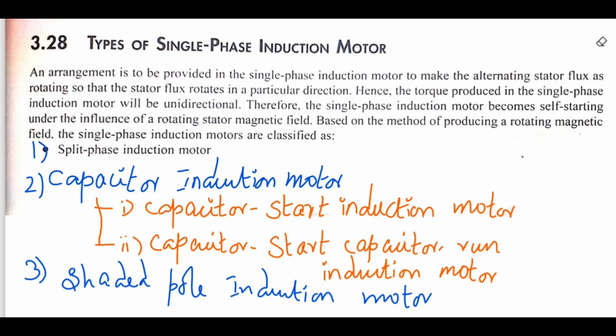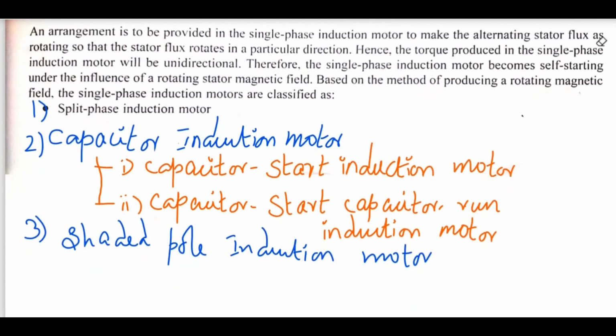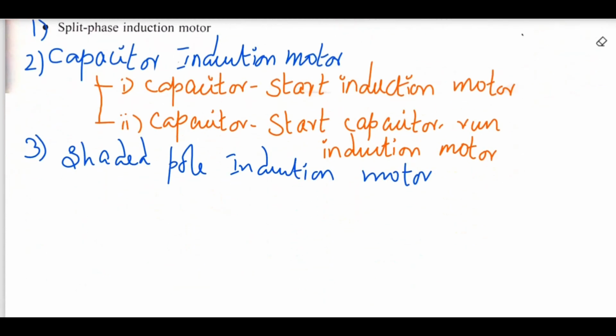So as in the last video on the working principle of a single phase induction motor, we saw in detail the double field revolving theory. What we can infer from this topic is that the single phase induction motor by itself provides no rotating torque. So in order to make the single phase induction motor rotate, we need some special arrangements to make it rotate.